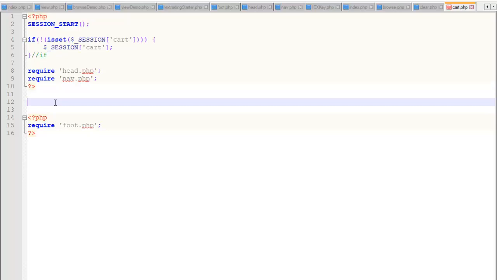So there's two phases to this, and that's why I say I don't know how this is going to go. But step 1 is we want to display the contents. Step 2 is we want to give people the ability to update those quantities. So we'll see. We got to start with displaying the cart, though. That's for sure. And all right, so you see how we got this scenario here where we got a closing PHP tag and an opening PHP tag? Well,